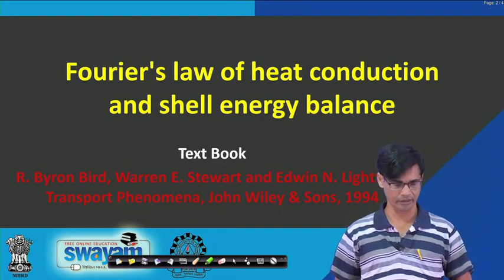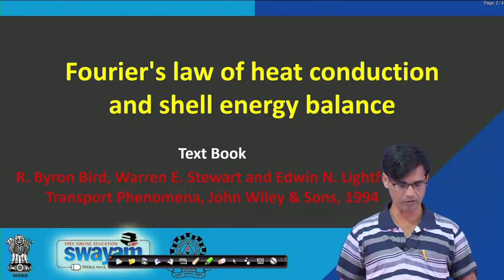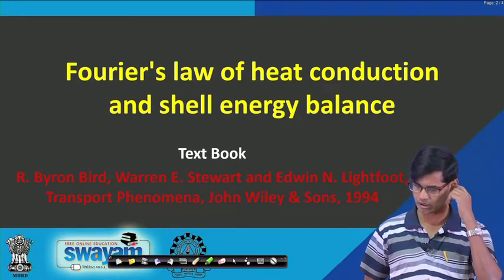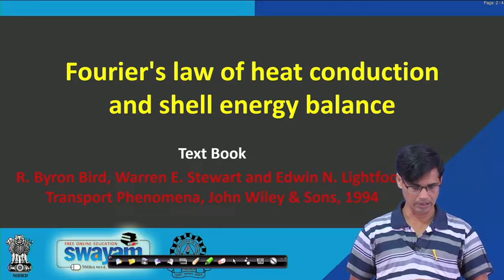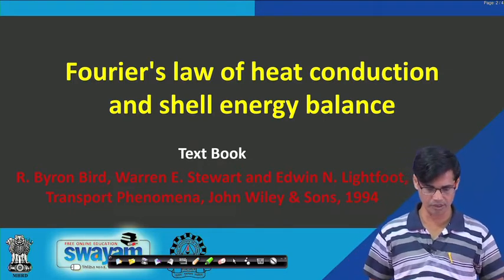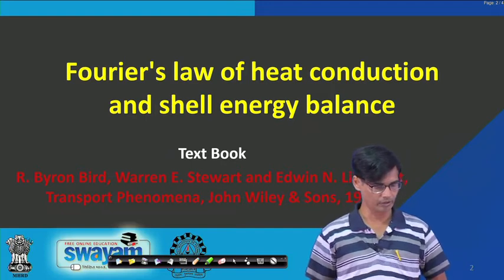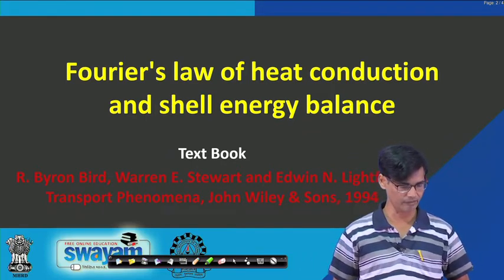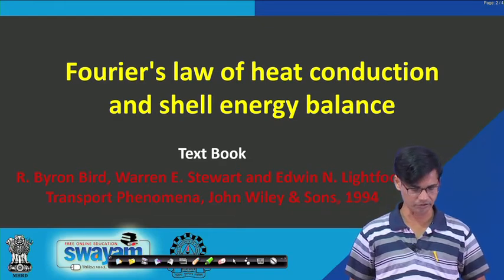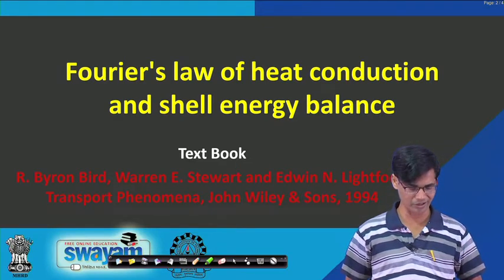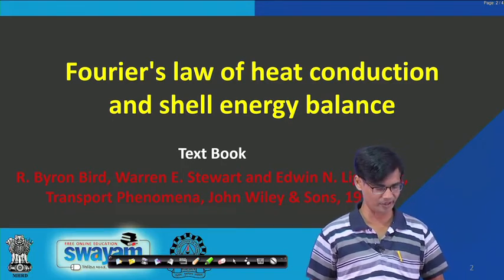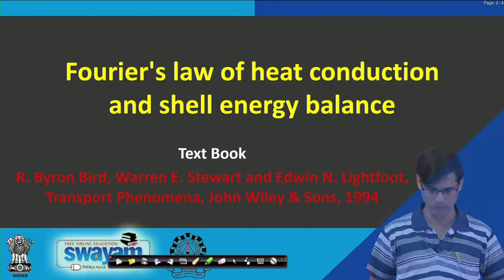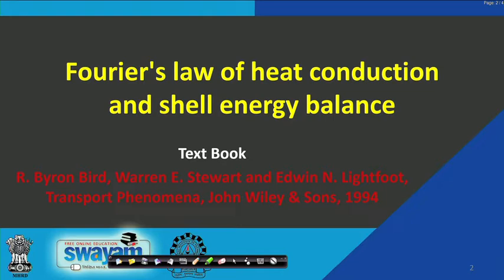balance, and this is one of the fundamental parts of heat transfer problems. This transport phenomena approach has been very nicely brought out by Bird, Stewart and Lightfoot in Transport Phenomena. These three gentlemen are the big names from the University of Wisconsin who wrote such a nice book, and it has been used not only for chemical engineering, but for mechanical,